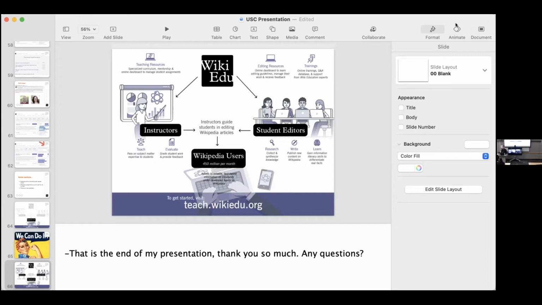But in terms of getting the edits to stick, the simple answer is that all of these training modules and exercises that we've developed, that Andres demonstrated, are intended to teach students how to successfully contribute to Wikipedia.